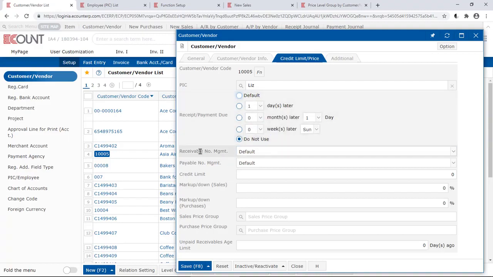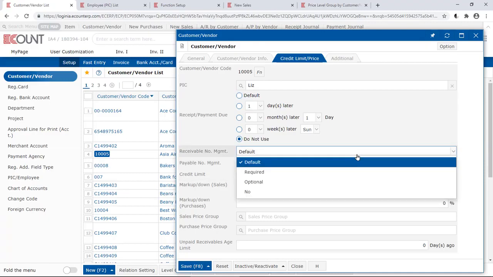Next, Receivable Number and Payable Number Management field. These fields are connected with the Receivable and Payable menus of Accounting 2 module, and you can use them if you need to manage receivables and payables by each transaction number. To set up the feature, firstly click the drop box and select whether the number will be required or optional by each sale and purchase. And you need to also activate the feature